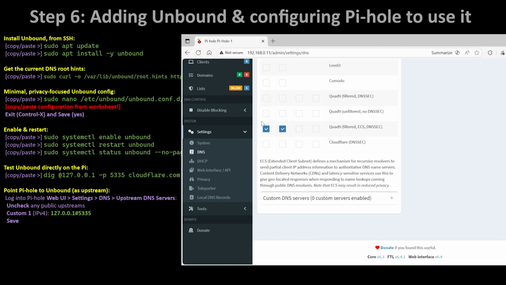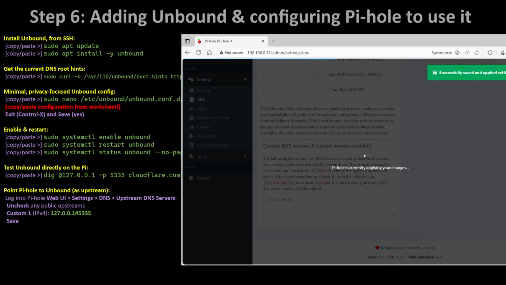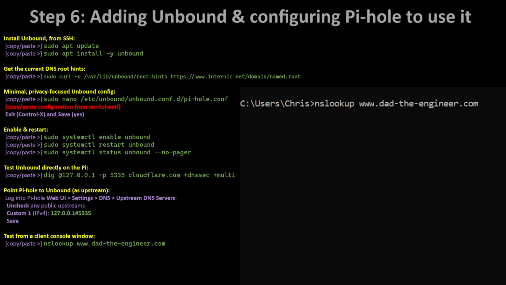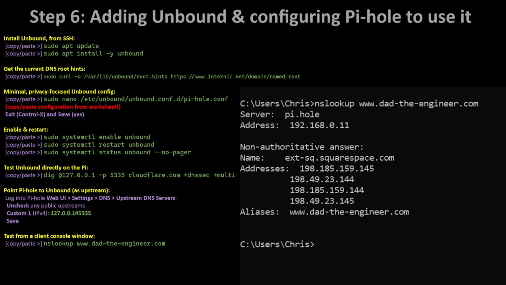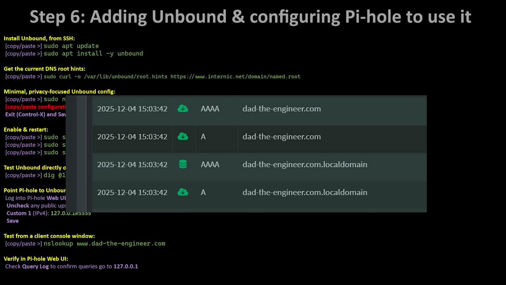There you'll uncheck any public upstreams, and in the custom one IPv4, you'll type in 127.0.0.1#5335. Then you'll save. To test from a client console window, copy and paste from the worksheet or type nslookup www.dad-the-engineer.com. From there, you can verify in the Pi-hole Web UI and check the query log to confirm queries went